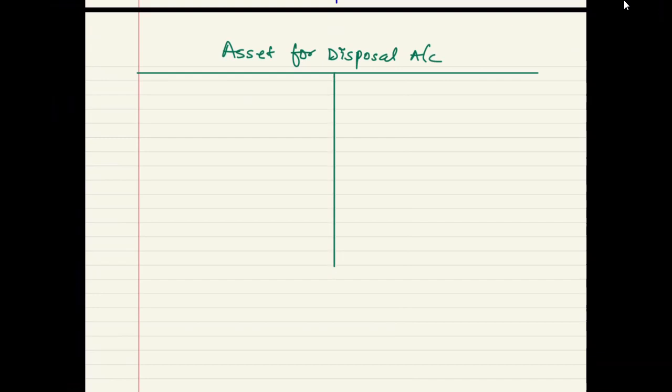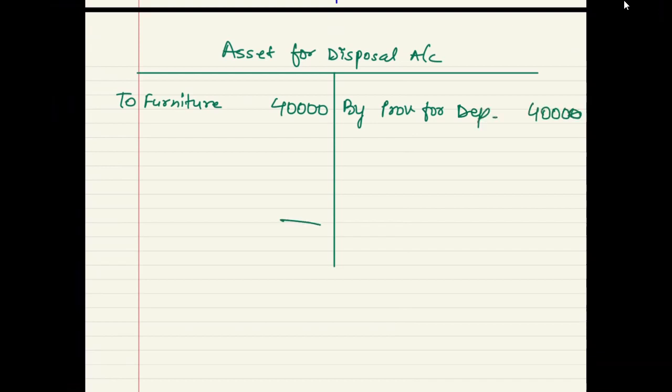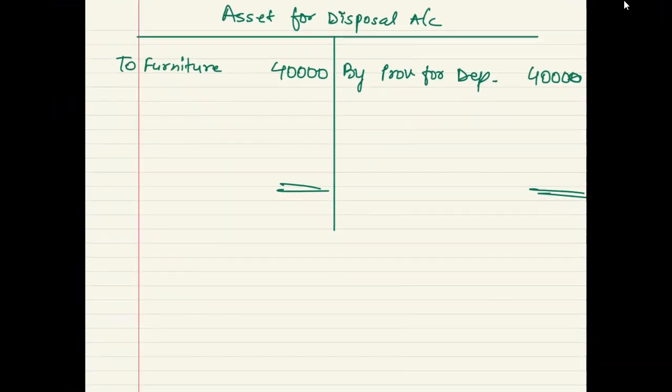And here the balance will come from the furniture account. So the furniture account has a balance of 40,000, and my provision for depreciation account also had a balance of 40,000. So whatever was the balance, it is knocked off against each other. But if they say the asset was disposed of